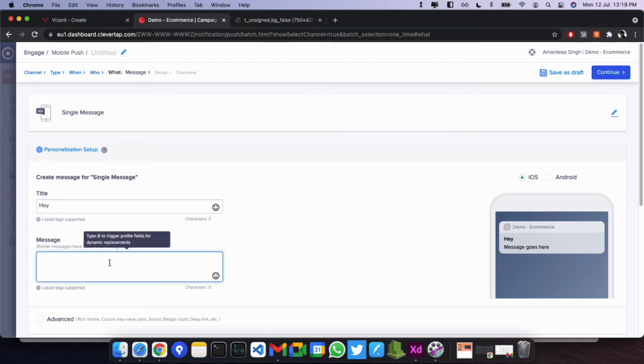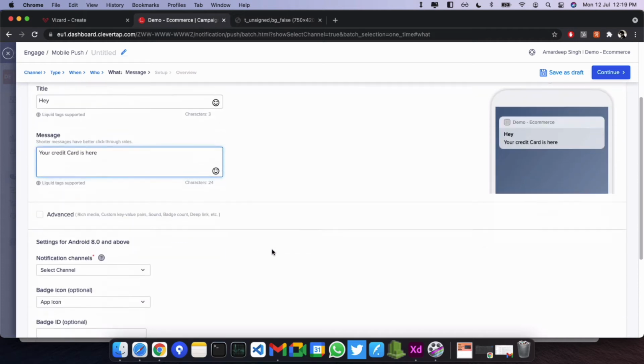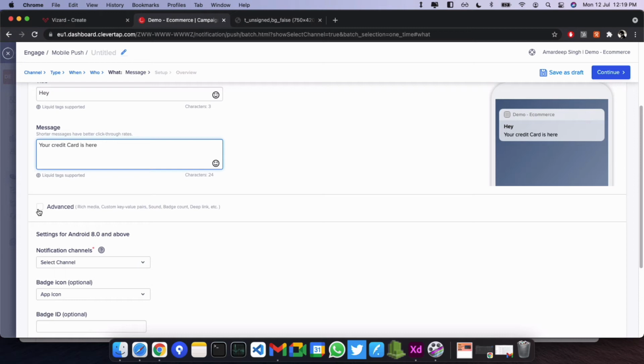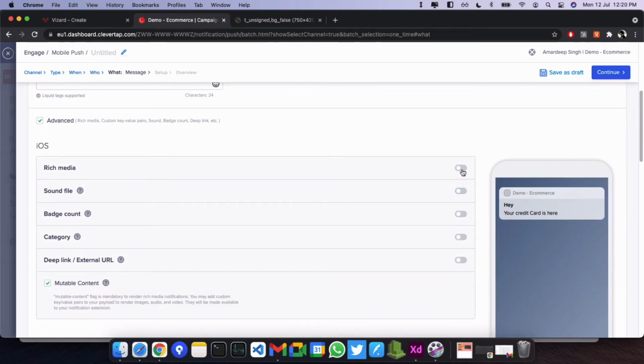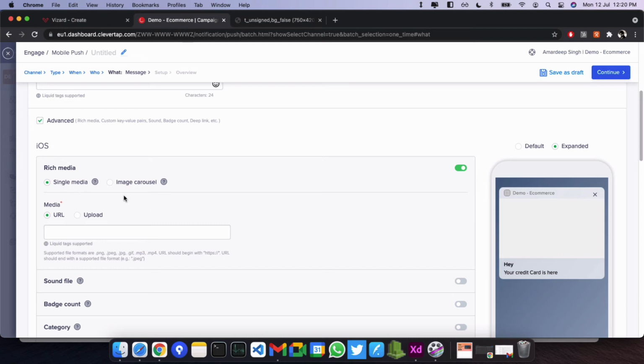This is how you would usually do anyway. When you scroll down, you can enable advanced and enable rich media.